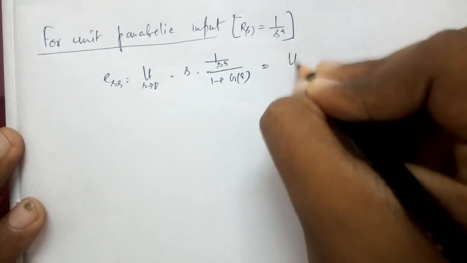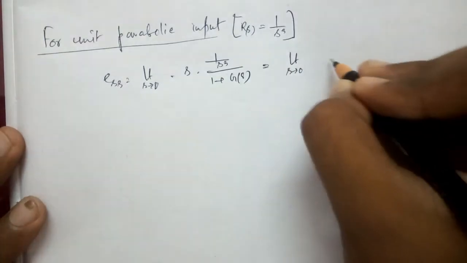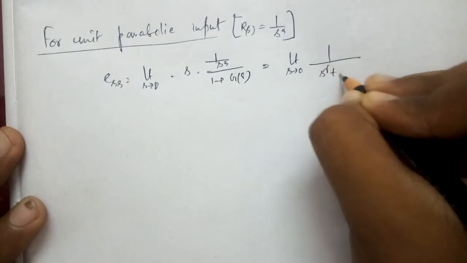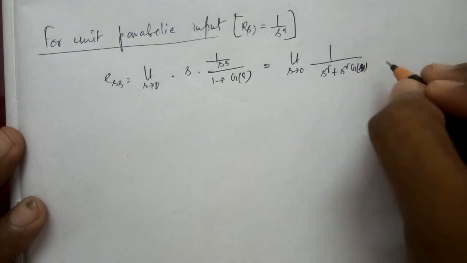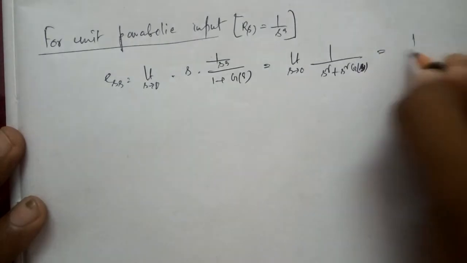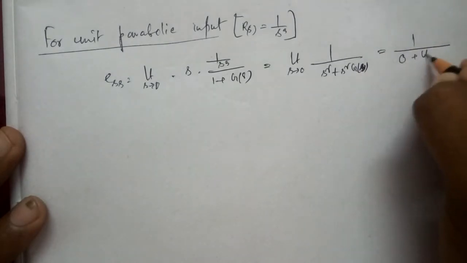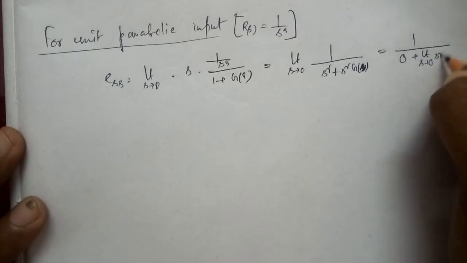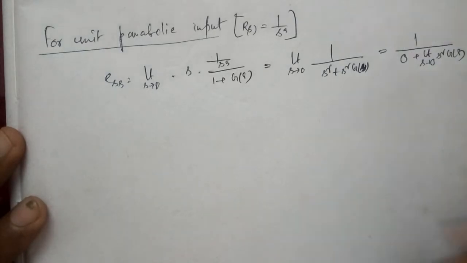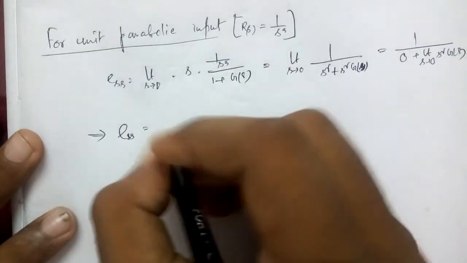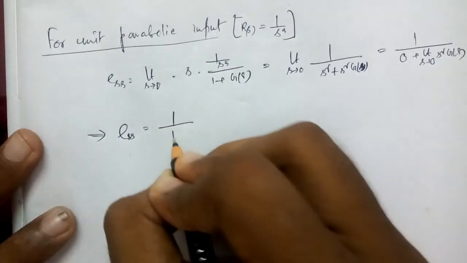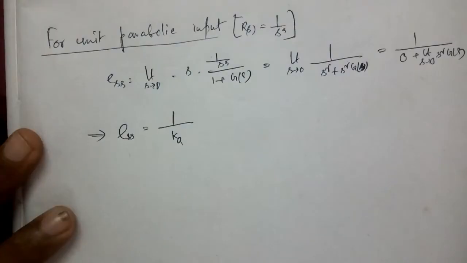So here it will be limit s tends to 0 of 1 by s square plus s square G(s), just like the previous method. Similarly it will be 0 plus limit s tends to 0 s square G(s). Now this can also be written as 1 by Ka,